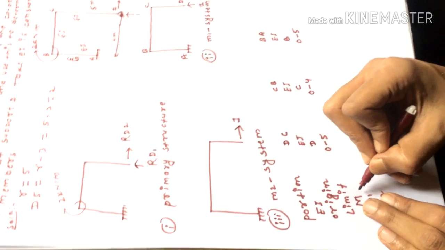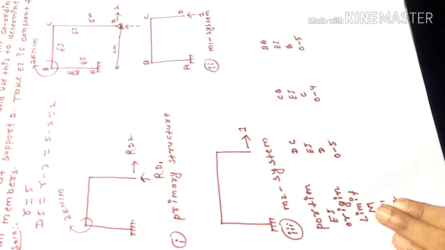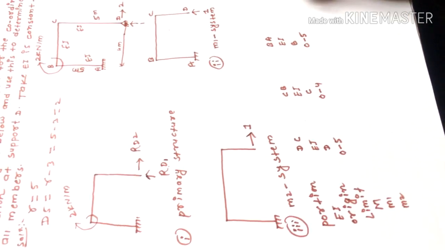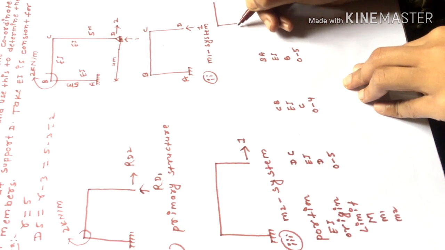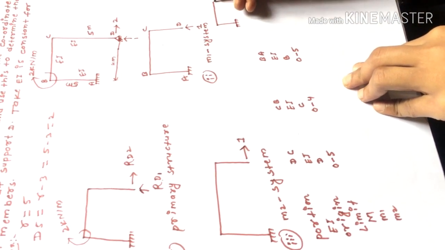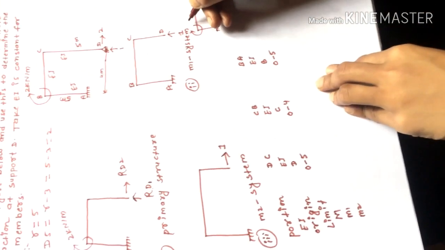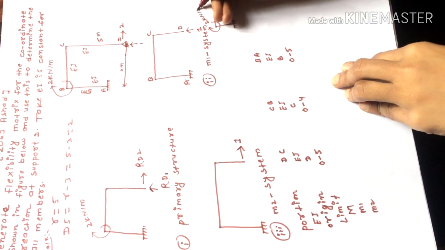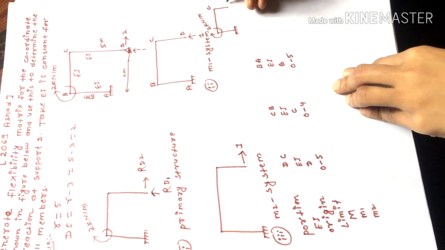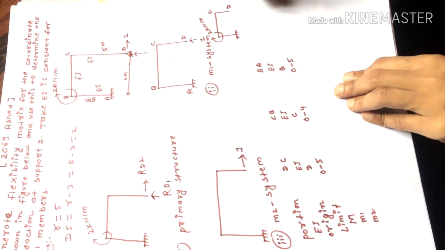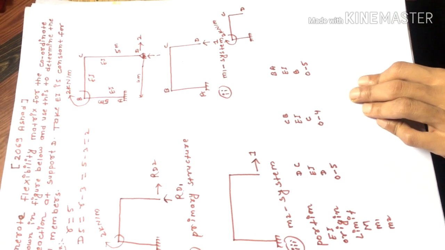Next, calculate the moment M due to external loading only. So now let us redraw this figure. This is the fixed support. Remove the redundants, and the external loading at point B is a moment of 2 kilonewton meter. And next, this is point C and this is point D. So let us calculate the moment as shown in the figure.